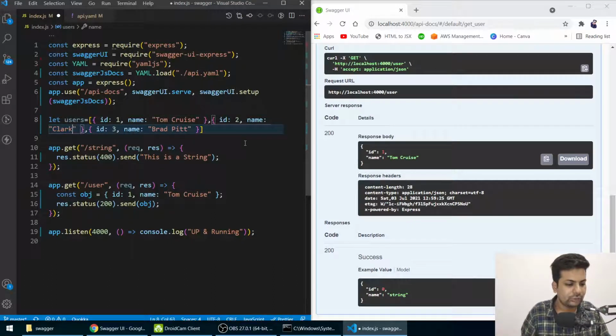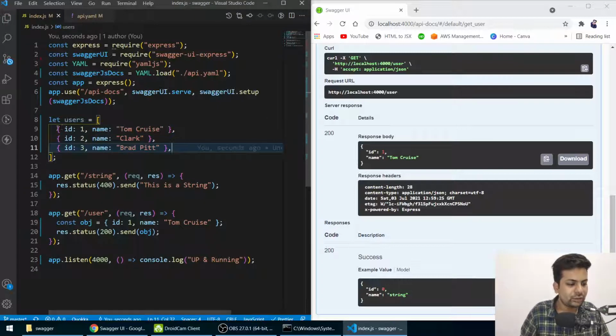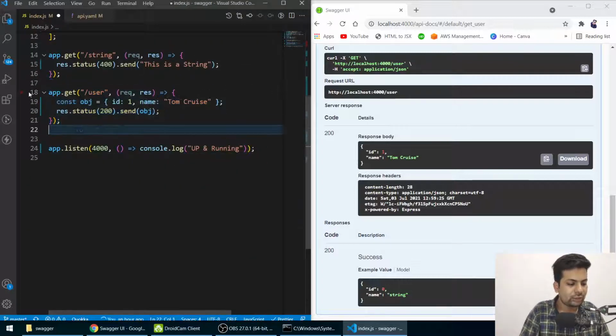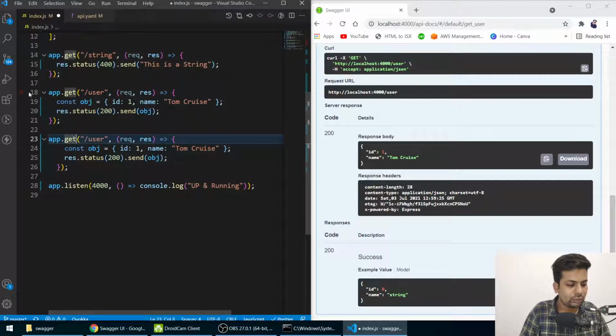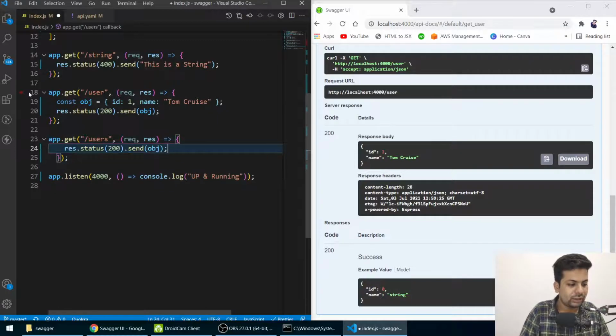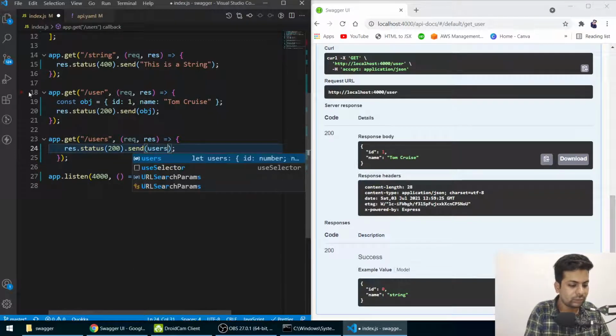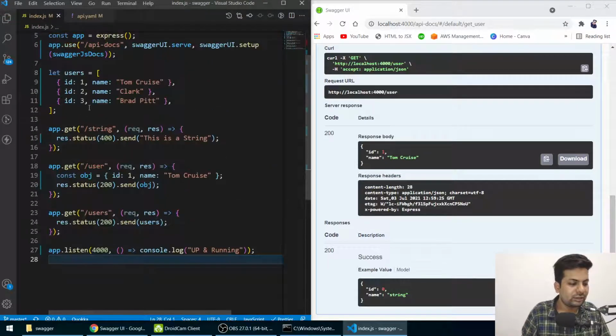Okay, so whatever, save it. So this is the users' ID, yes, slash users. Now I have to return it. So we'll quickly say users, and we just send the users. So basically this is an array of objects. I'm just returning the array of objects.